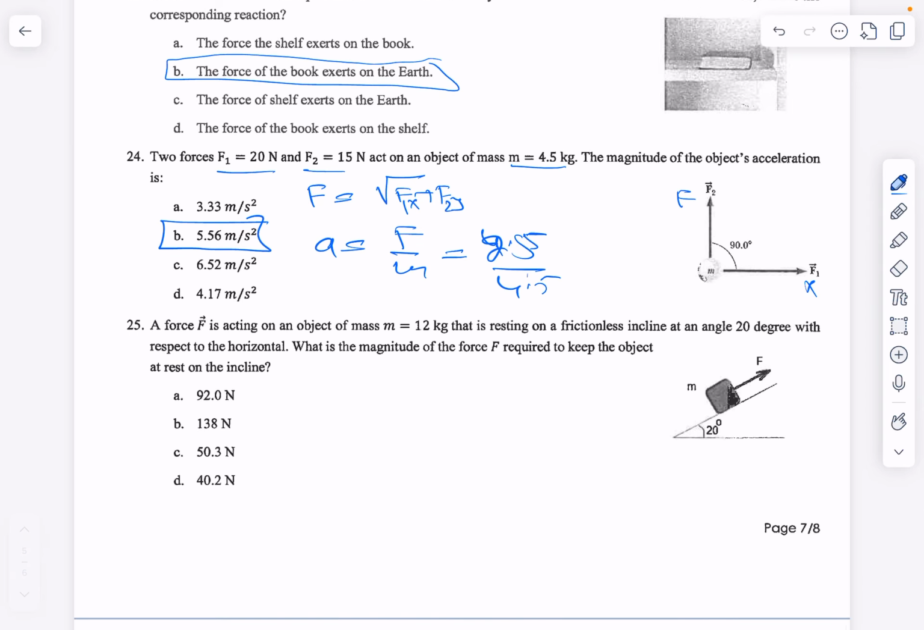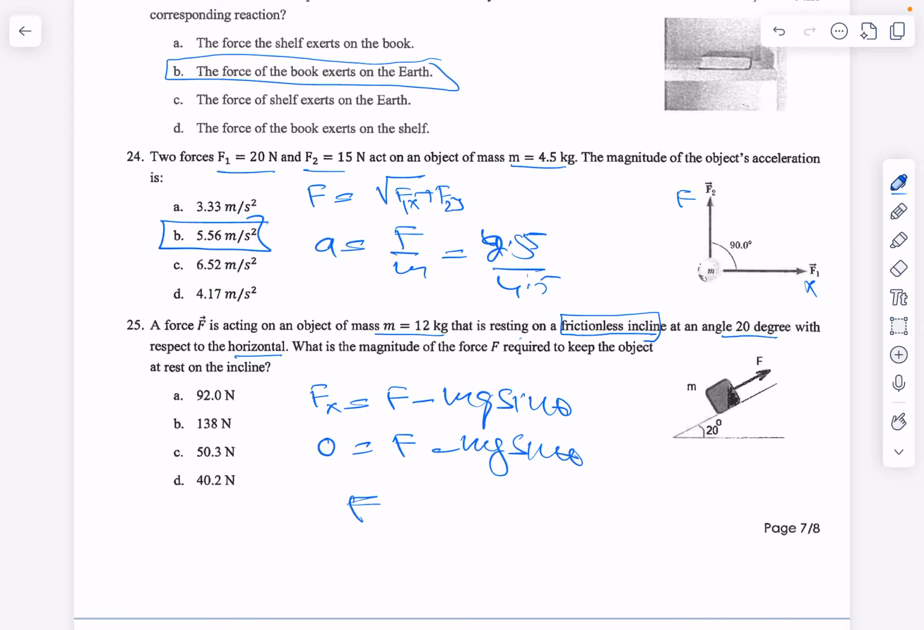Now a force is acting on an object of mass m that is resting on a frictionless incline at an angle of 20 degrees with respect to the horizontal. What is the magnitude of the force required to keep it at rest? So Fx equals F minus mg sine theta. Fx is 0, so F equals mg sine theta, so F will be